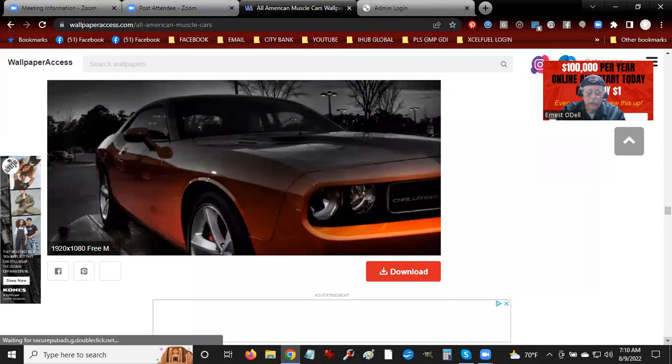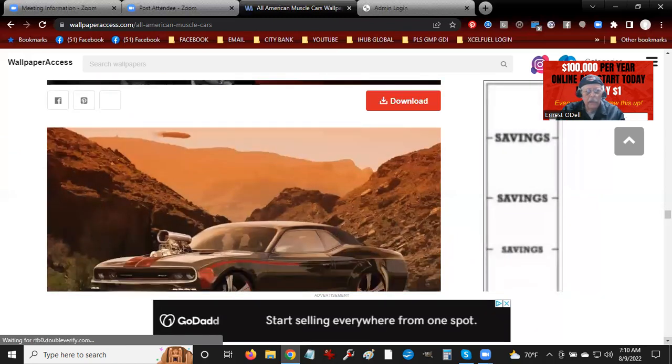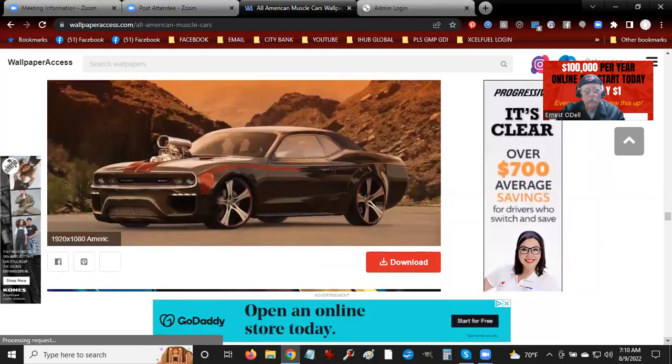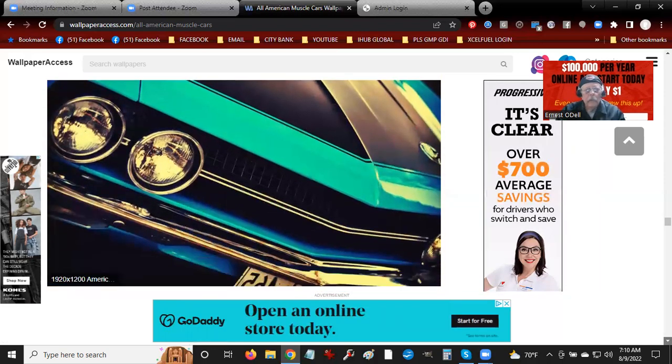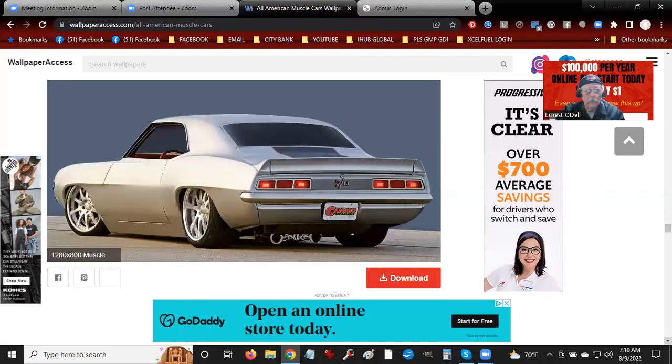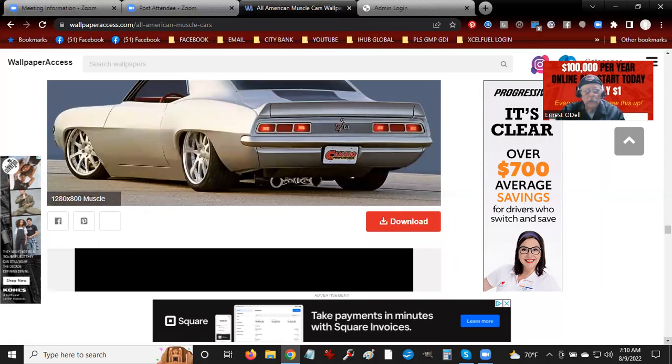Here's another 1920 by 1080 free. These are all royalty free. They're free downloads. Here's another 1920. And I've used this one on some pages. This is also a front end grill of an SS. And this is